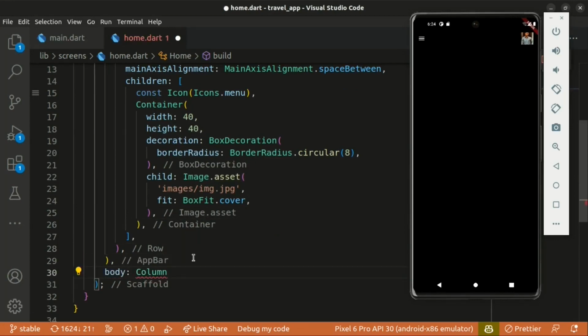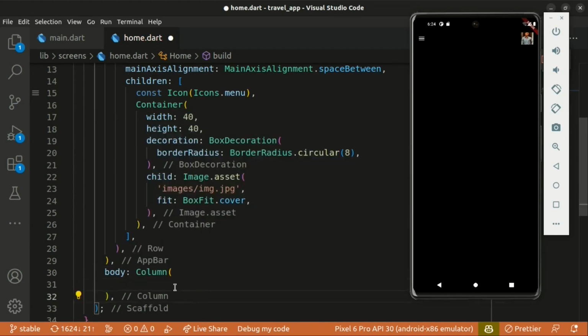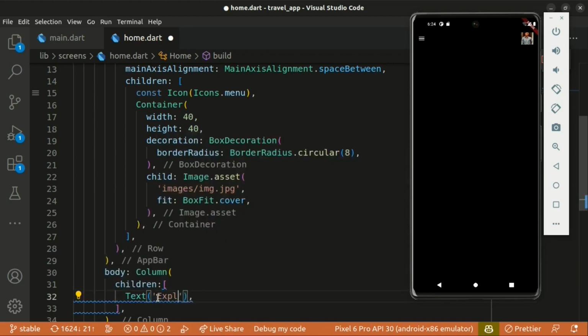So below the app bar, the scaffold takes in the body. So we are going to return a column here. The column takes in the children, that we can specify different widgets within that will be aligned vertically. So the first widget is going to be text,